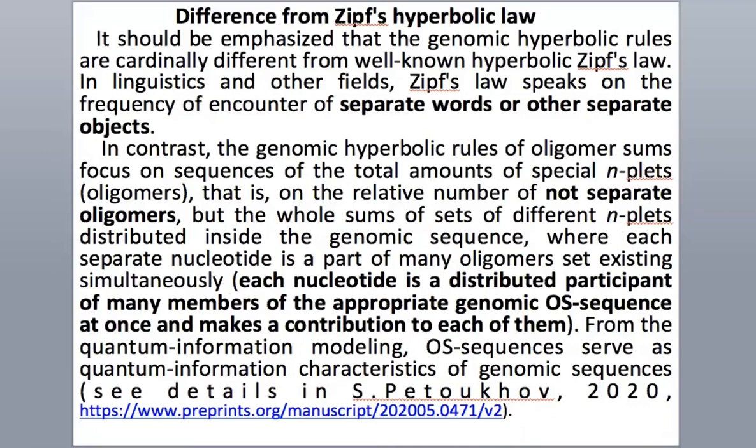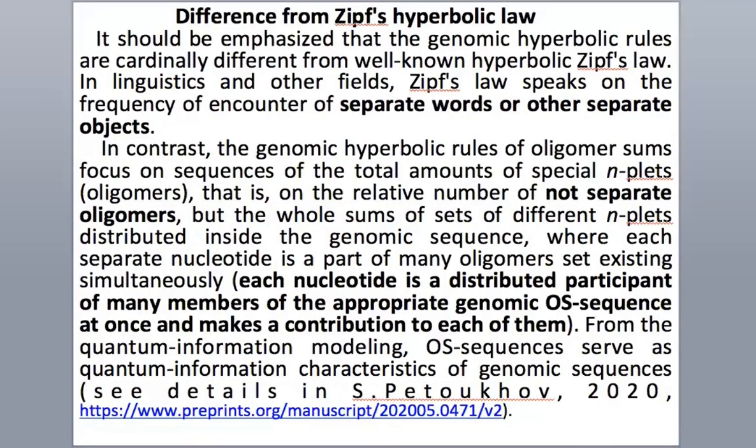It should be emphasized that the genomic hyperbolic rules are cardinally different from the well-known hyperbolic Zipf's law. In linguistics and other fields, Zipf's law speaks of the frequency of encounter of separate words or other separate objects. In contrast, the genomic hyperbolic rules of oligomer sums focus on sequences of the total amounts of special N-plets, oligomers,